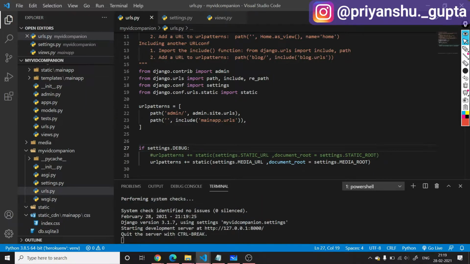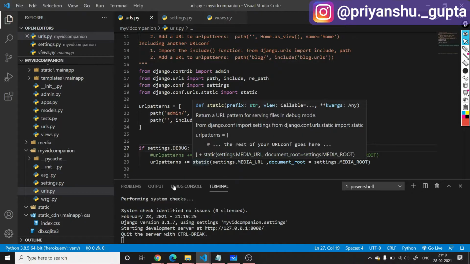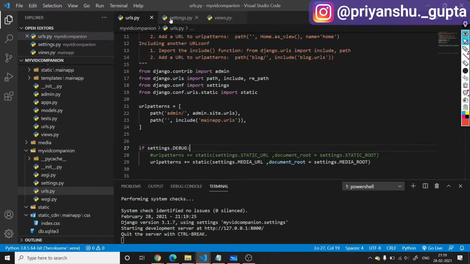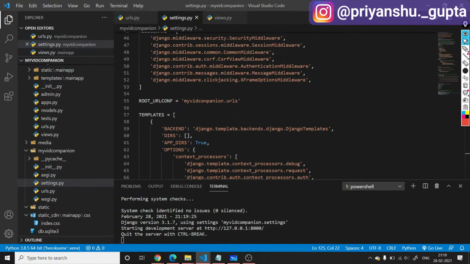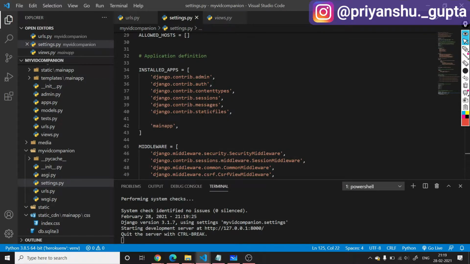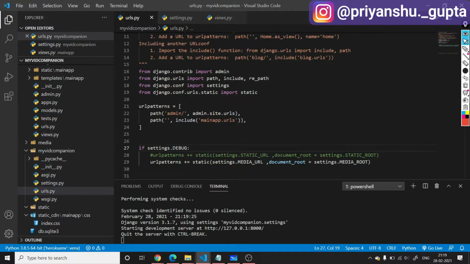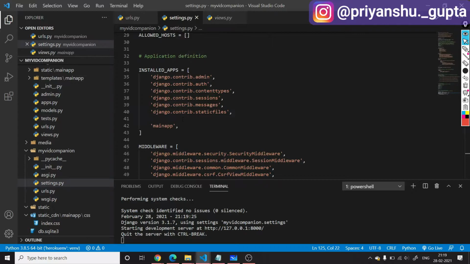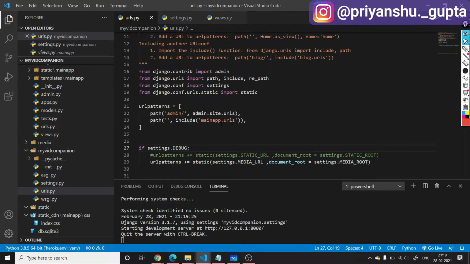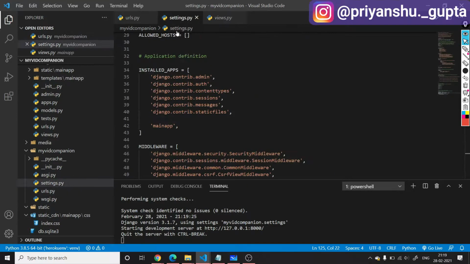This URL pattern is important to mention when you are not using the staticfiles app here, because we have the staticfiles app by default in our Django. So there is no need to mention a URL pattern for static files here, because they are already being handled by the staticfiles app that is pre-installed in our Django application. But if you are not using the staticfiles app and press Ctrl+S to save,